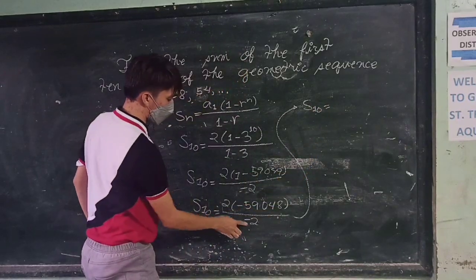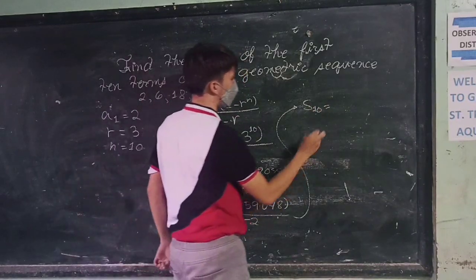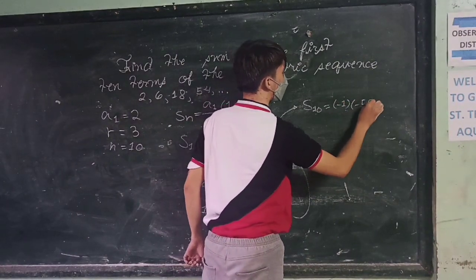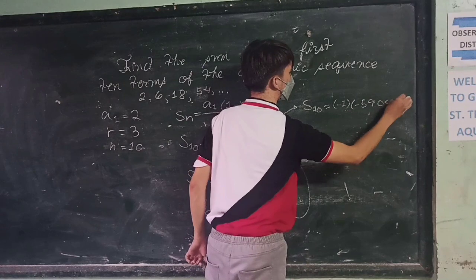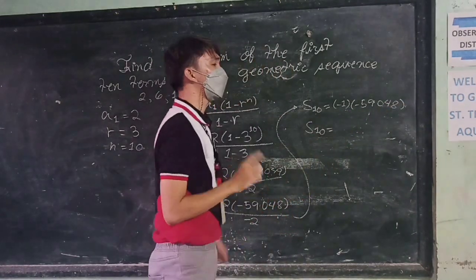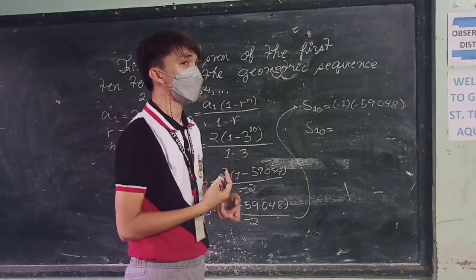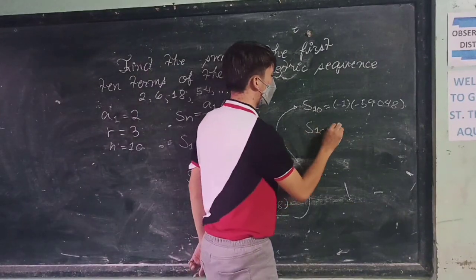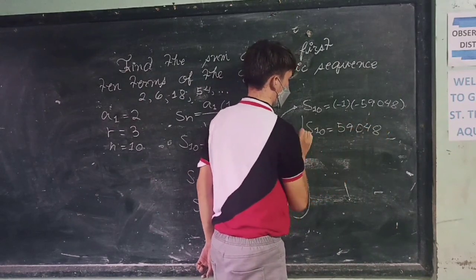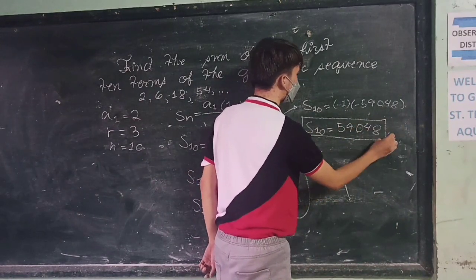So we can divide this actually. 2 divided by negative 2 is negative 1. So that's negative 1 times negative 59,048, which is equal to positive 59,048. So the sum of the first